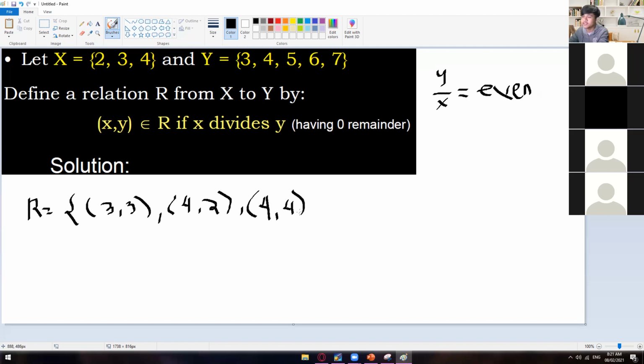Okay. So as you can see, all we need to do is follow this condition, okay, up to the last key. It's like distributing everything from this side to that side, and then this side to that side. So FOIL method. So 3, 2, 3, 3, 3, 4, 4, 2, 4, 3, 4, 4, 5, 2,